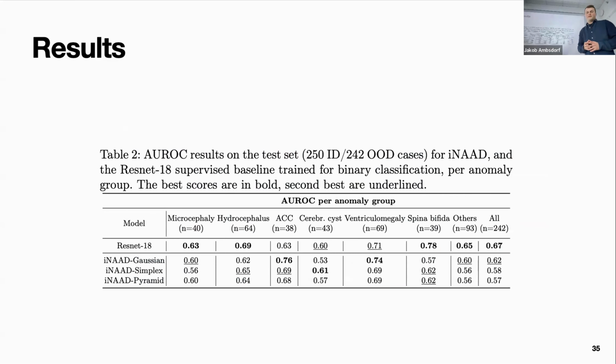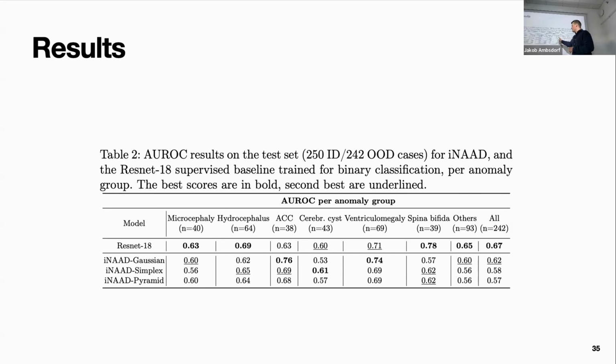Yes, so let's look at some of the ROC AUC values. We also had a supervised baseline, which was just a ResNet 18 trained on normal and abnormal images as a binary classifier. We expected this to be actually way better than what we could achieve with the unsupervised approach in many of the cases, because we had some of the training examples, so did heavy augmentations and stuff like that on the ResNet.